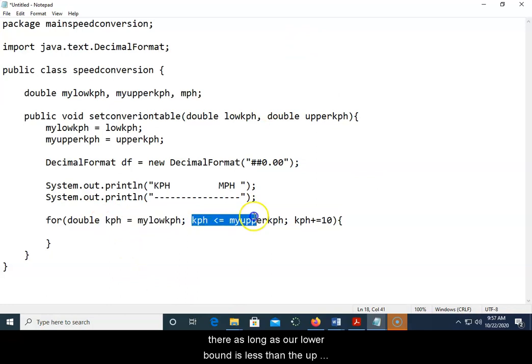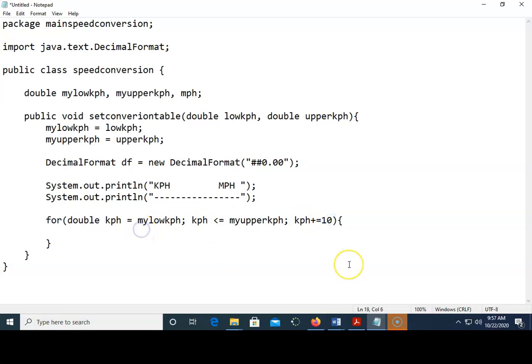As long as our lower bound is less than or equal to the upper bound, then we'll add 10 to it each time. Okay, so we'll say mph is equal to kph times 0.6214,